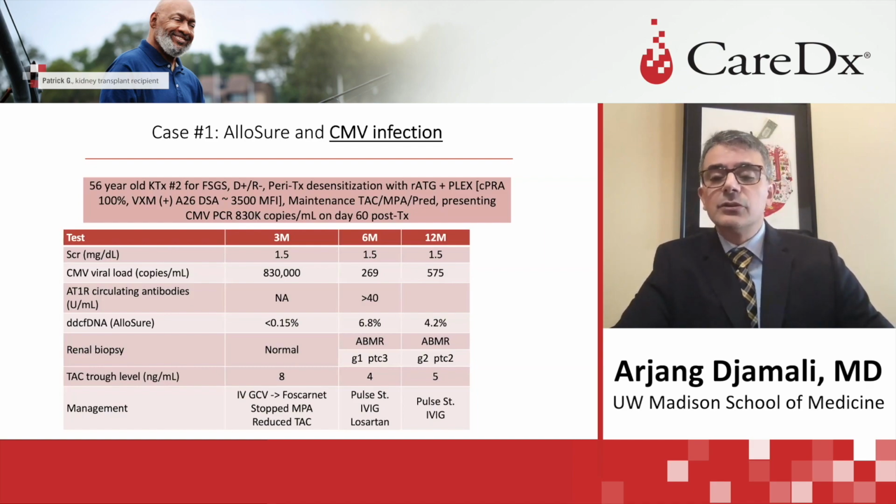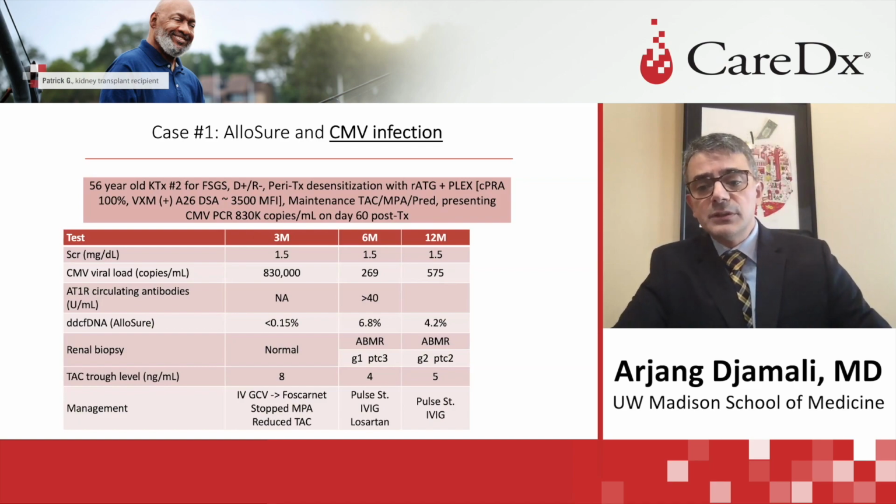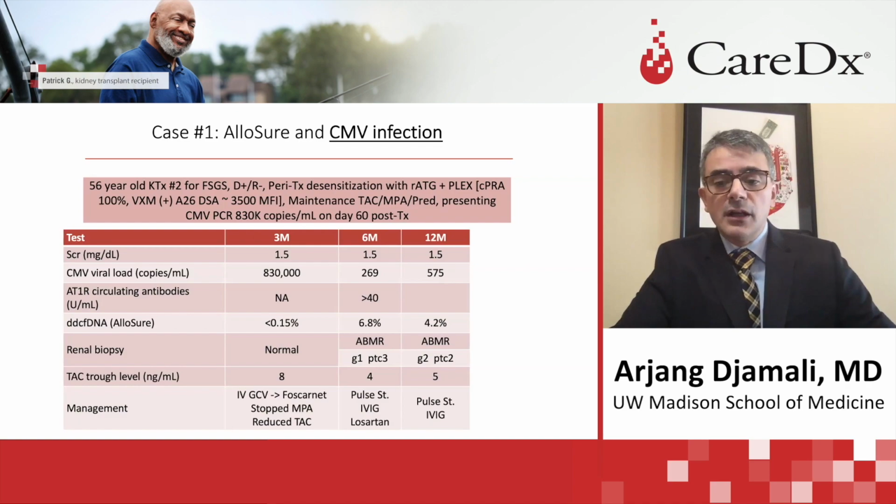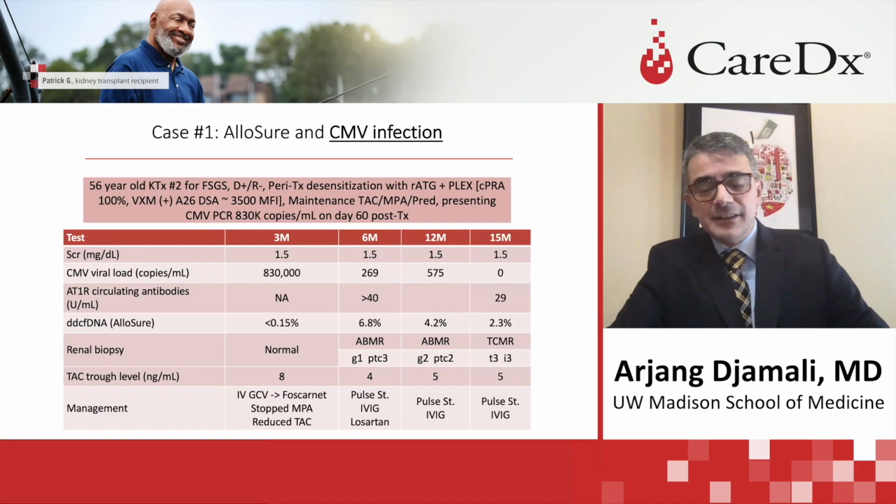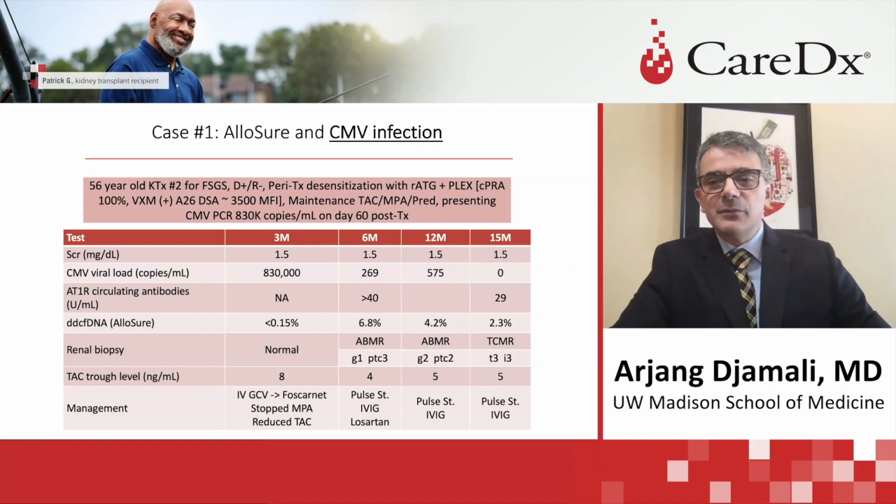Follow-up biopsy showed persistent antibody-mediated rejection with G2 PTC2 lesions. The patient received another pulse steroid cycle with IVIG. Three months later, serum creatinine was again stable at 1.5. We are fortunate that CMV viral load was now at 0. Circulating antibody levels were declining, as was AlloSure level, but at this point still positive at 2.3%, so we did a biopsy,